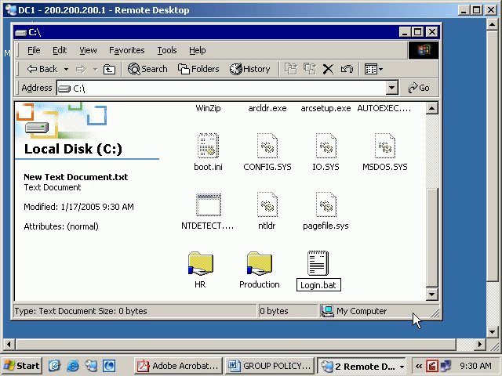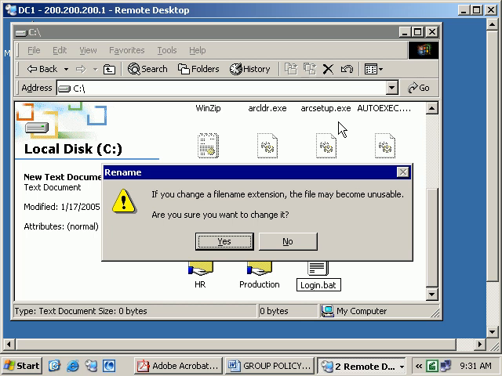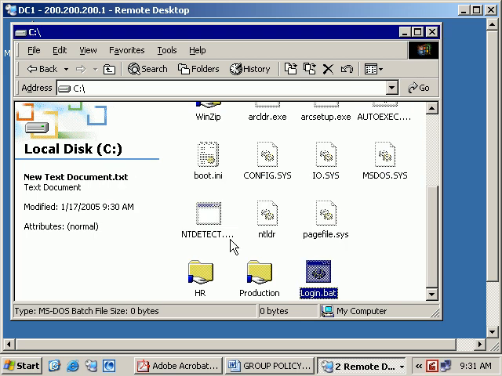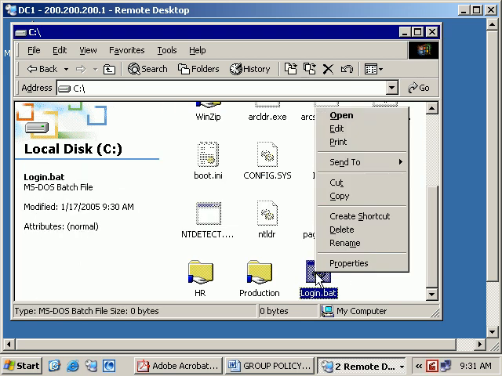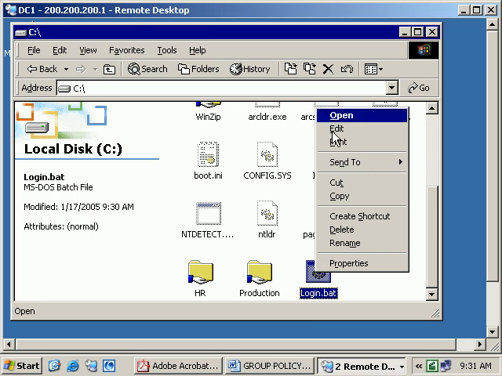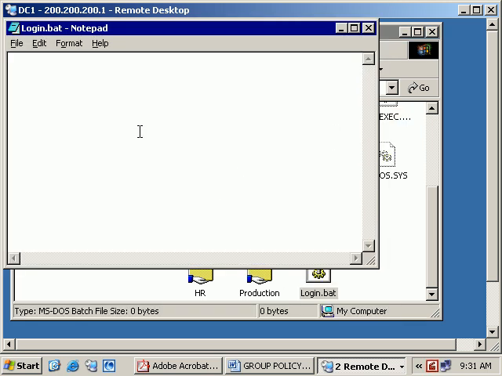login.bat. You need to put the extension .bat, meaning that it's a batch file, and the moment I hit enter you will see that the icon will change. In fact, it's letting us know that you're not using the .txt extension for the text file. Are you sure you want to do that? Let's say yes. Okay, once this is done, you're going to right click on it and say edit. If you double click on it, you're actually running the batch file. So right click and say edit, and then over here what I will do is type my commands for that